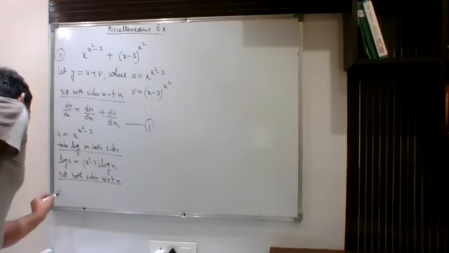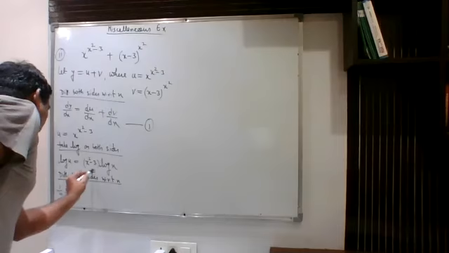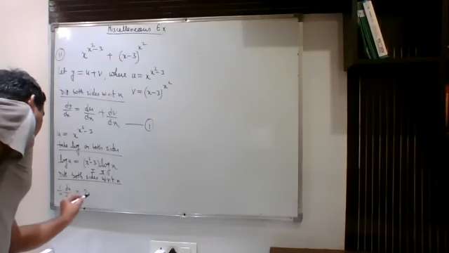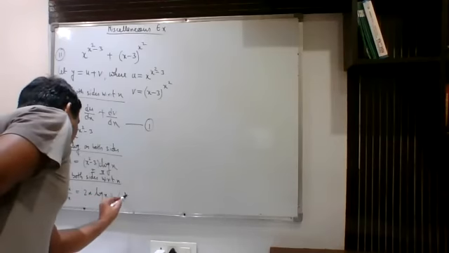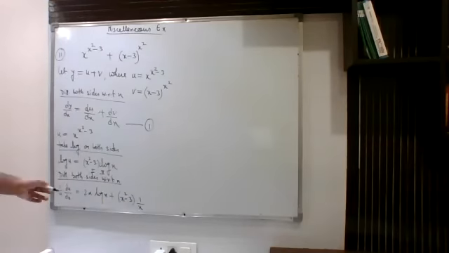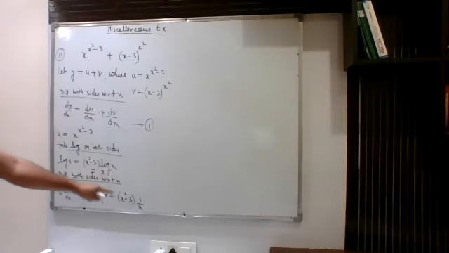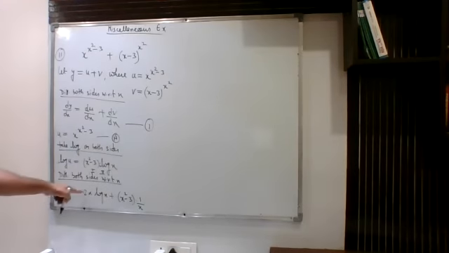When you do that, this will be 1 upon u, du upon dx, that is equal to, apply product rule on this side, because product of two functions: x square minus 3 as it is, and derivative of log x is 1 upon x. So this is by the application of product rule. Derivative of x square minus 3 is 2x, log x as it is, then this as it is, derivative of log x. After that, you will shift this u on the other side and put the value of u from here.